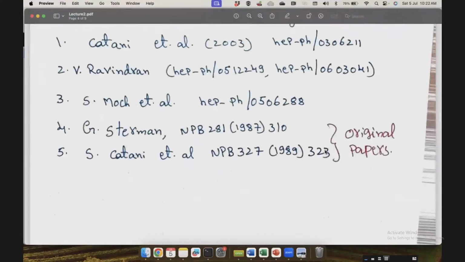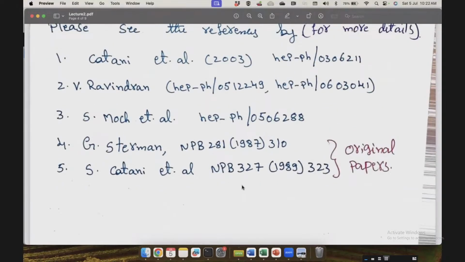For these two things, if anybody is interested, I strongly suggest going through these works. If the primary works are important, the original works are by George Sterman way back in 87, and by Catani and Trentadue way back in 1989. They are fundamental papers, but